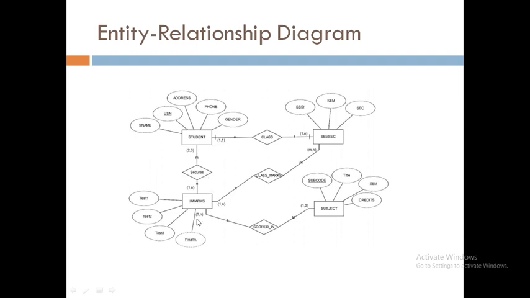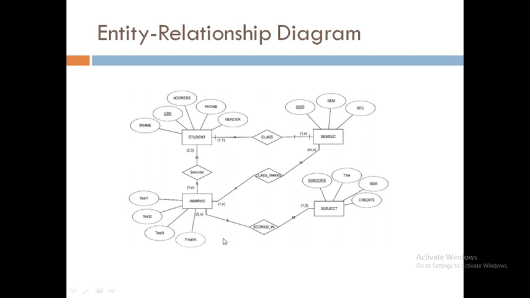Then student secures IA marks, and IA marks is having these three attributes: marks obtained in test 1, test 2, test 3, and final IA or average we can calculate using these three attributes. That's why this is a derived attribute. And IA marks scored in a particular subject. Okay, so you connect IA marks and subject. And then SEM section and IA marks.